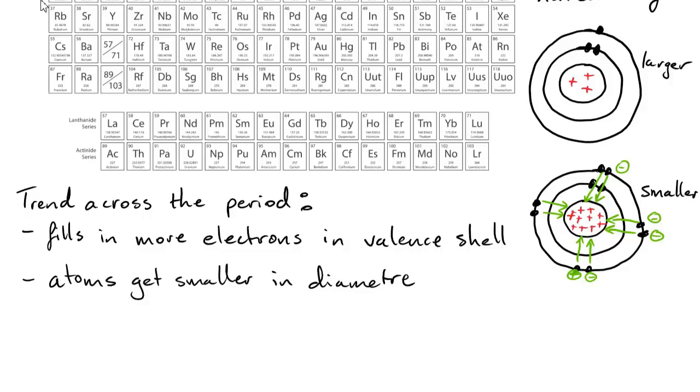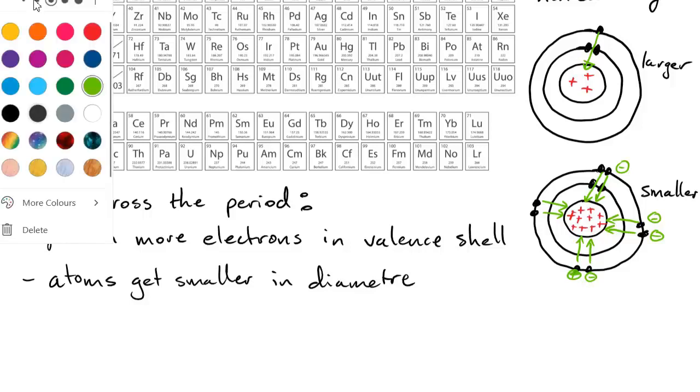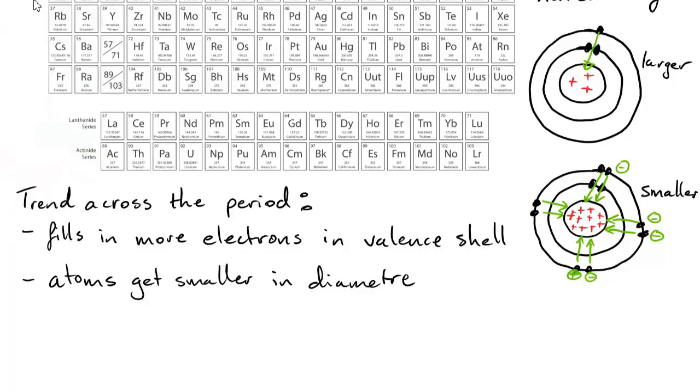In lithium, because it's only got one electron in the outer shell, lithium happens to have less electrostatic attraction towards the nuclear core. Okay, so that's the main reason to explain why atoms get smaller in diameter as they go across the period,